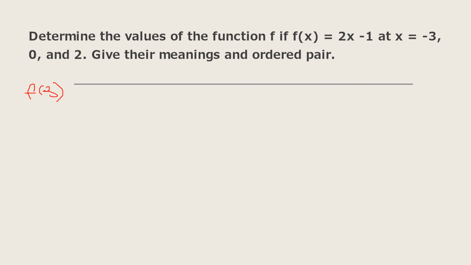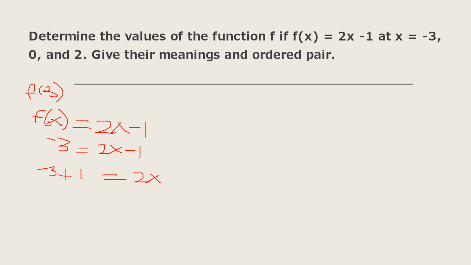Okay, so given the equation, f of x is equals to 2x minus 1, so we got negative 3 is equals to 2x minus 1. Okay, so we're gonna add 1 here, to cancel 1, so we have negative 3 plus 1 is equals to 2x minus 1 plus 1. So that's addition property of equality. So let us cancel this, and negative 3 plus 1 is equals to negative 2 is equals to 2x